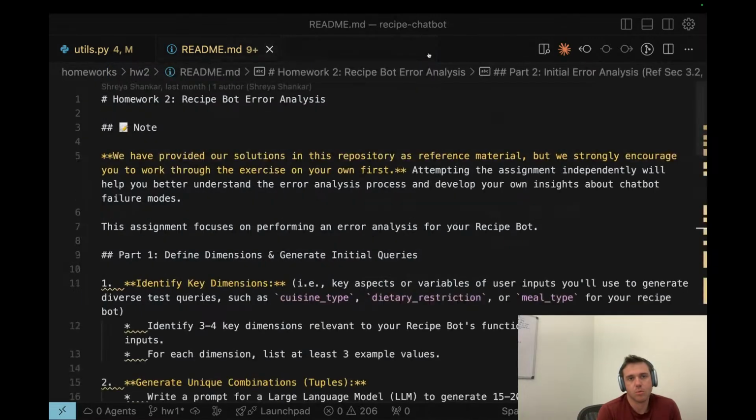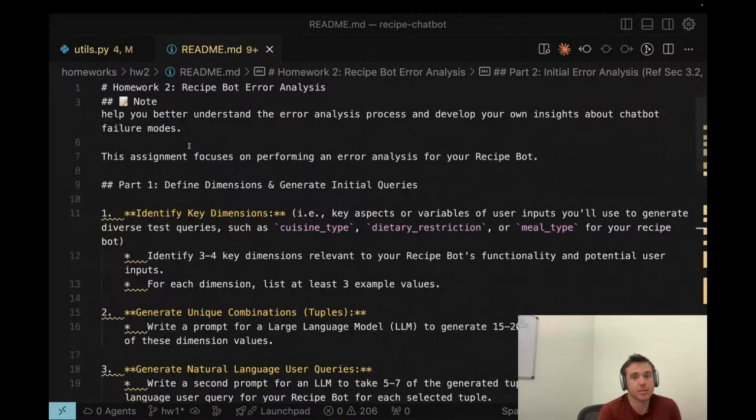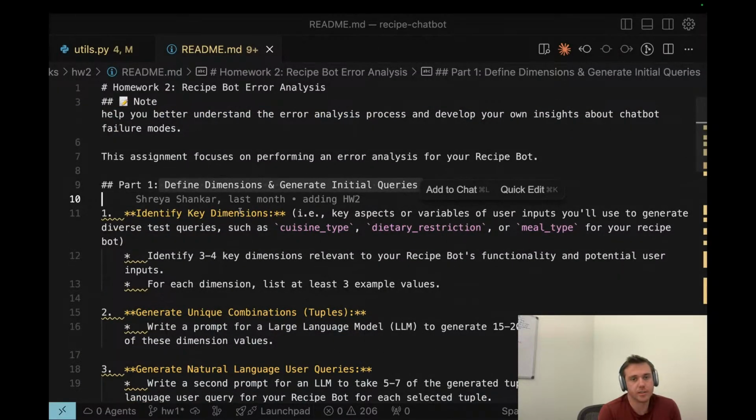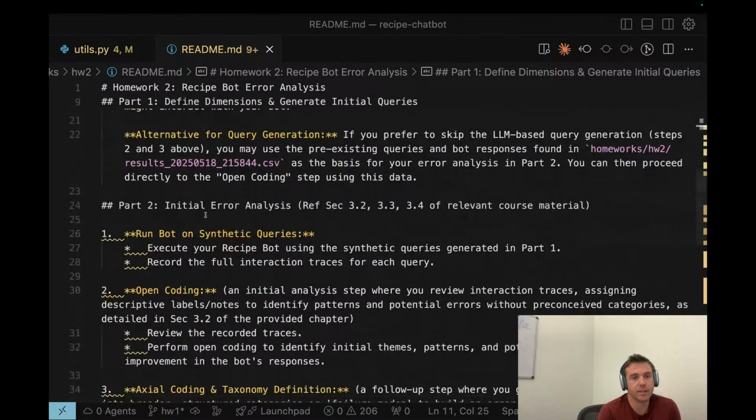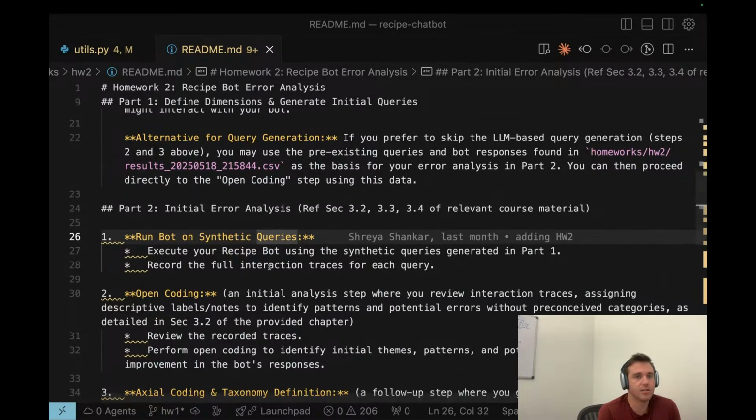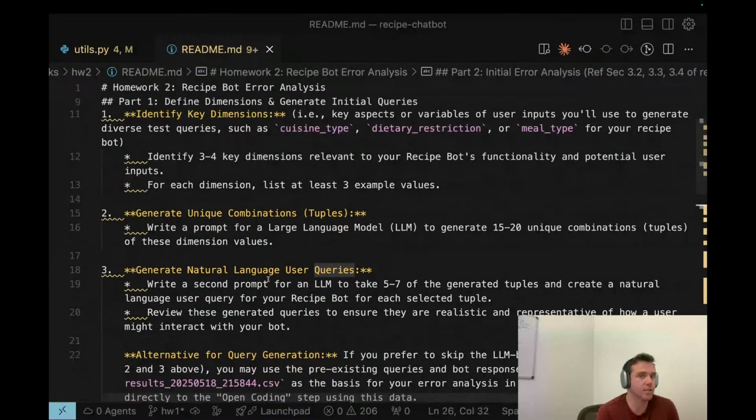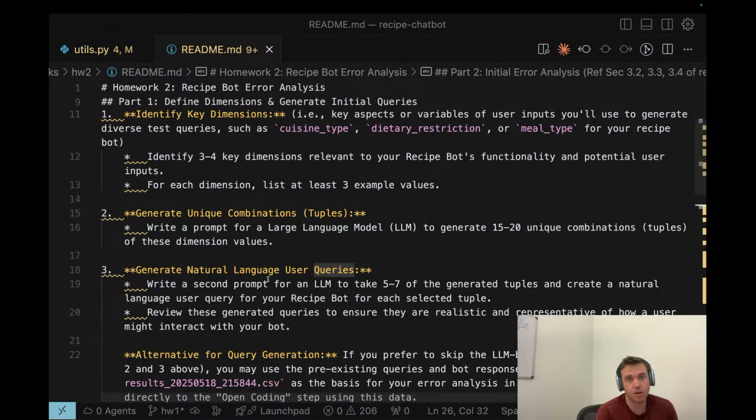So what we'll do in homework 2 is two things. One is synthetic data generation to get some queries, and the second is error analysis. I'm just going to say at a very high level what the process is going to be. This is all content from Hamel and Shreya's course, so if this seems interesting, you should definitely sign up